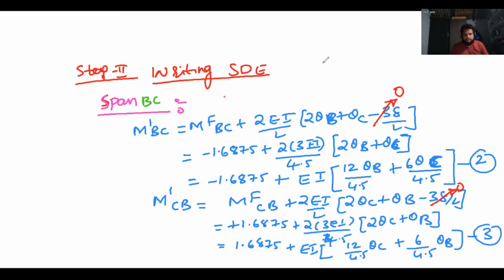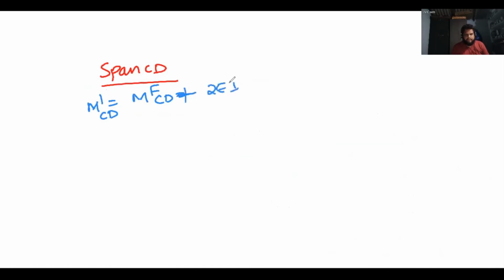Next I am going for span CD. Please pause it and write it if you want. For span CD, M dash CD equals MF CD plus 2EI by L into 2 theta C plus theta D minus 3 delta by L. Again same story here. Whatever you have studied in our earlier problems, the same thing I am repeating over here. So MFCD is